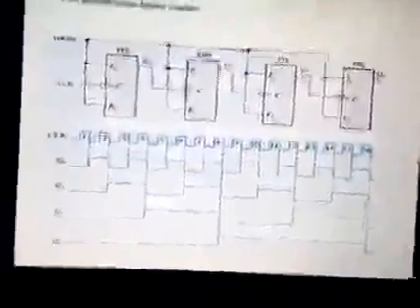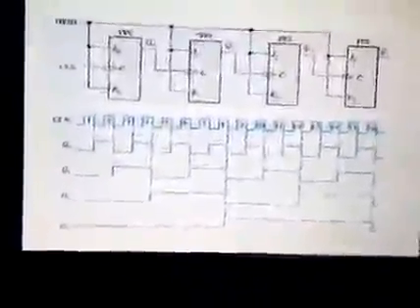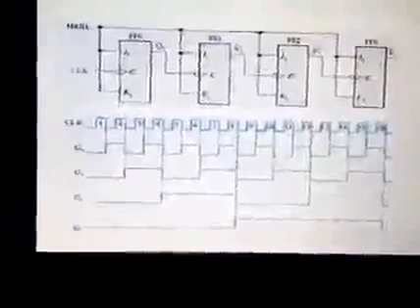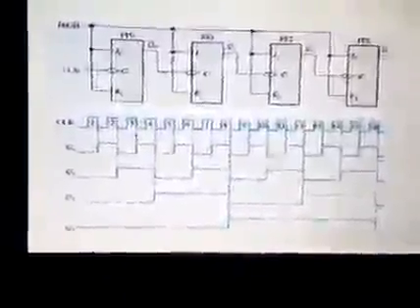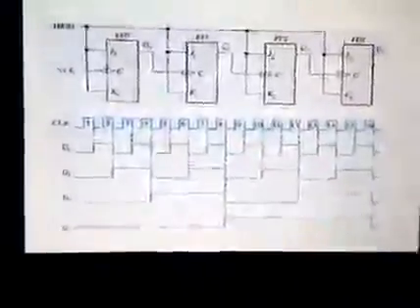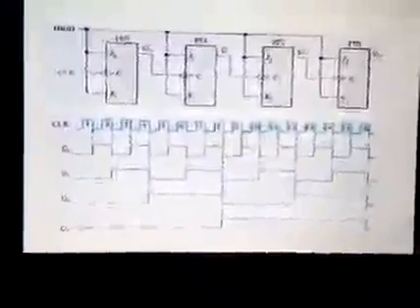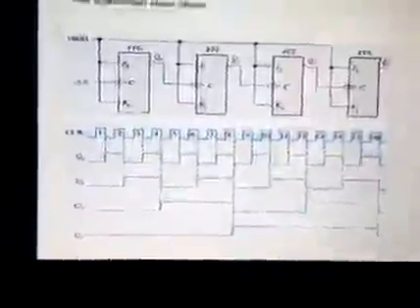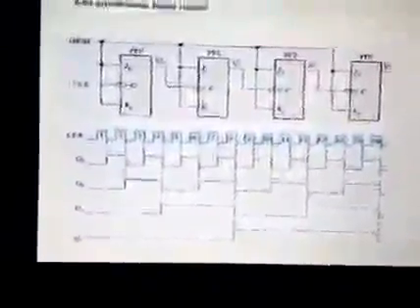Let us see the clock diagram of the flip-flops. It counts a total of 16, meaning 0 to 15. It is 4-bit, meaning we take 4 outputs: Q0, Q1, Q2 and Q3. The output Q0 of FF0 continuously operates and toggles, giving the output 0 1 1 0 1 0 0 1. It continuously toggles, but flip-flop 2